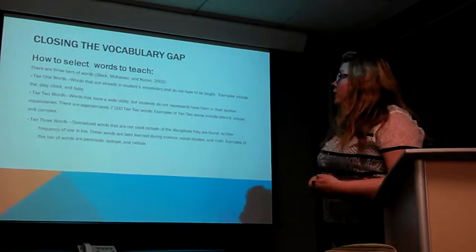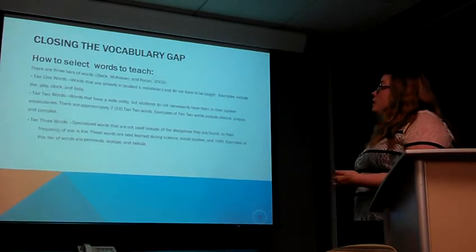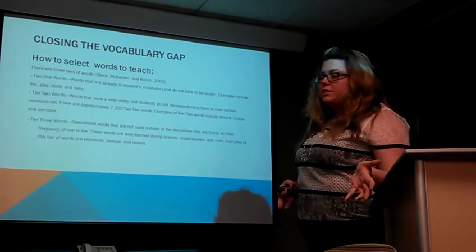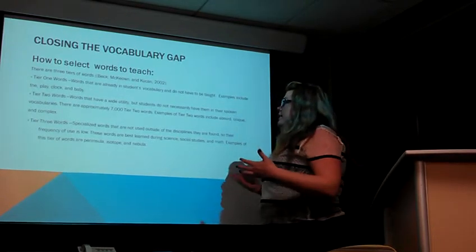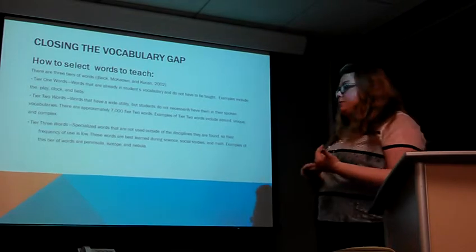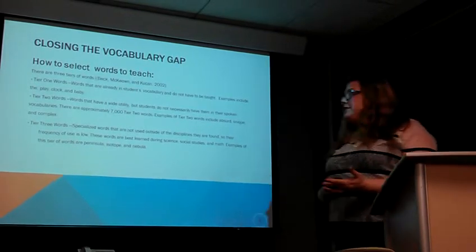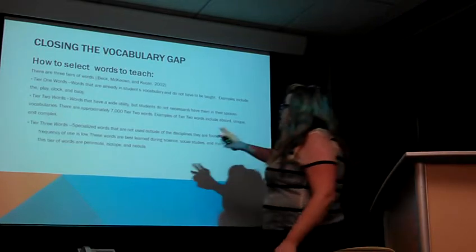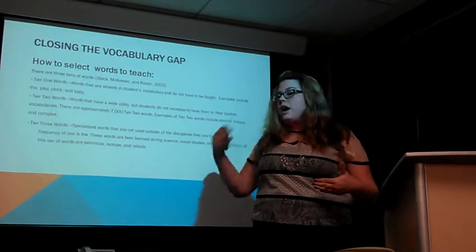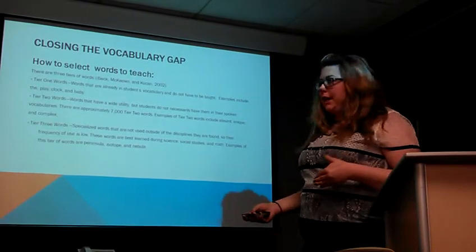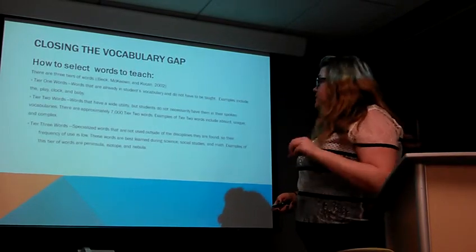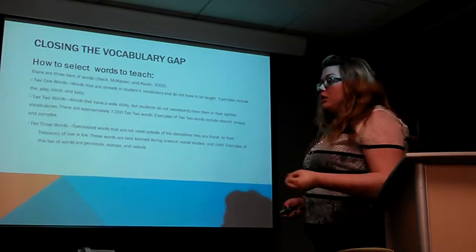So when we talk about how we're going to teach words, we need to figure out what words are the most important words to teach. And there are 3 tiers of words. The first are words that students already know, like clock and play and baby. Tier 3 words are words that are very specialized, words that are specific to biology or specific to history. What we want to focus on are these tier 2 words, the words that students don't know, but they have a wide utility. They can use them in multiple contexts. And so when you're looking through a text, all of the words that you choose should be based in the text that you're reading so students are exposed to them.